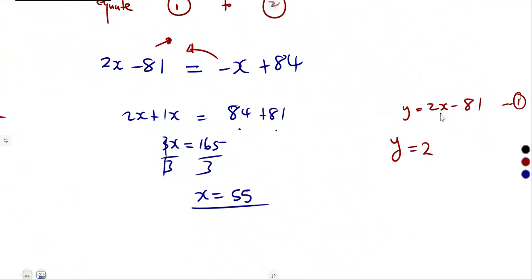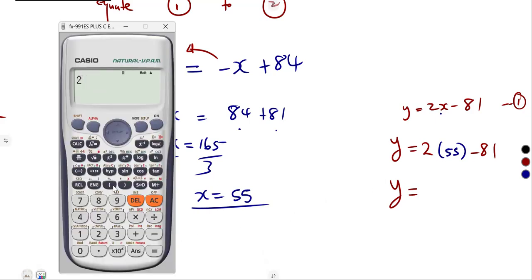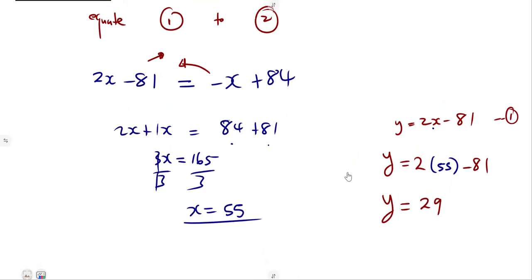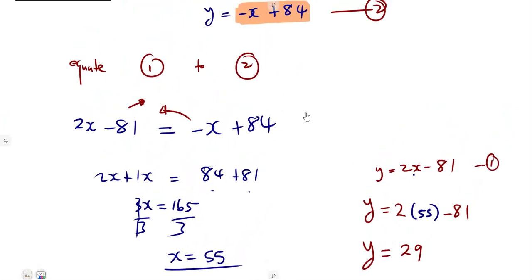value of x, which is 55, as we are given. So that's 55 here minus 81. So that was going to give us the value of y in that case. Use your calculator properly too. 55 minus 81 was going to give us 29. So that's it. For this to be an arithmetic sequence, x must be